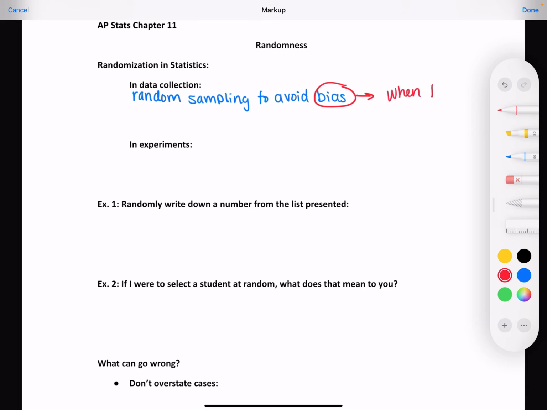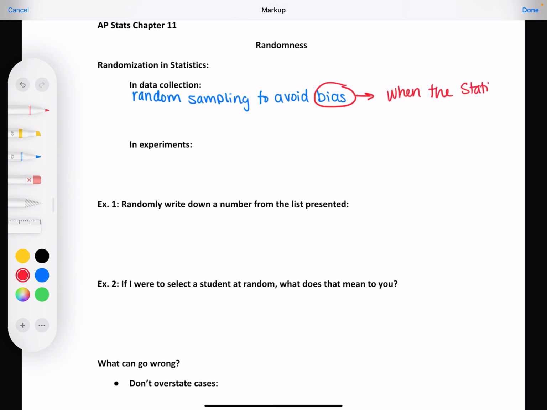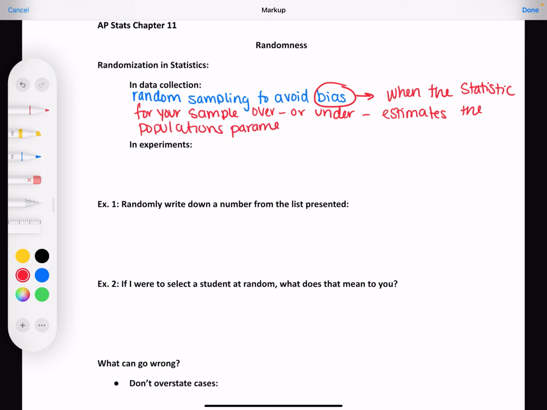When the statistic for your sample over or under estimates the population's parameter, so that's randomization and data collection.